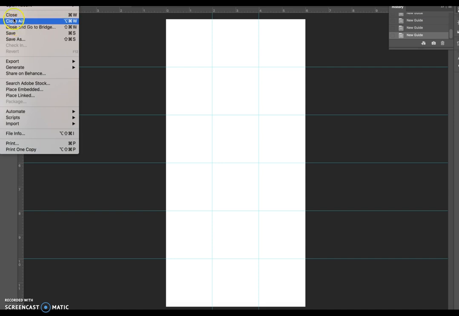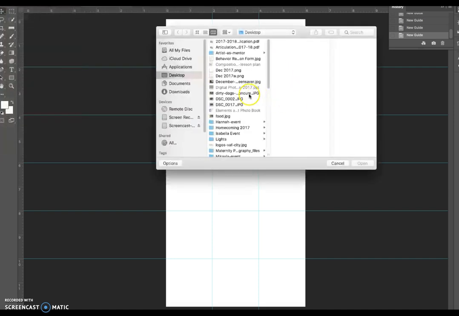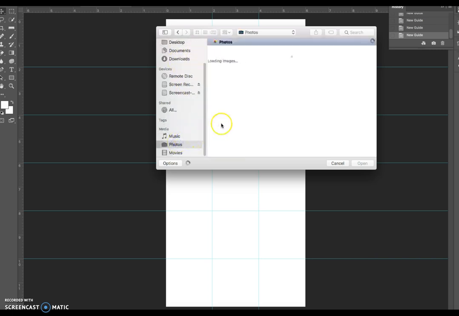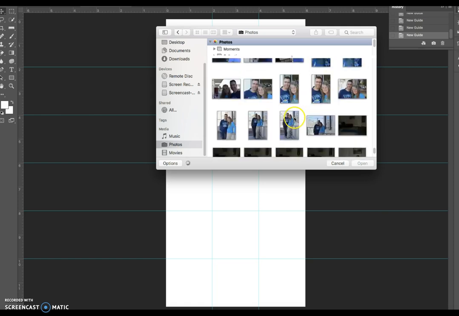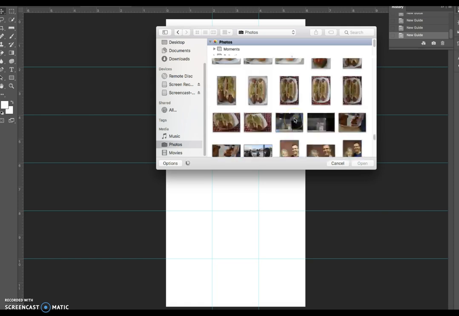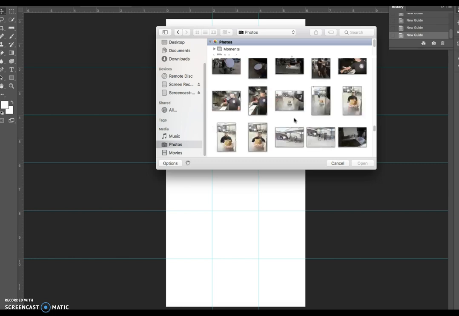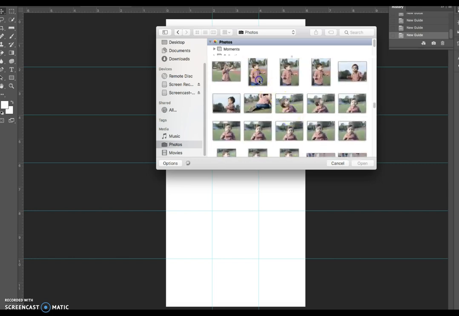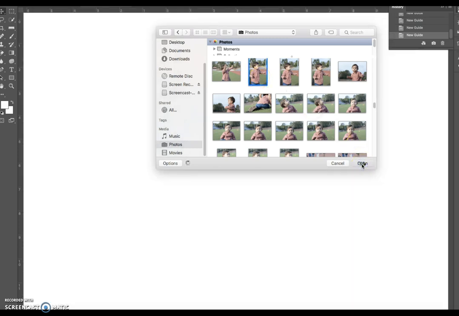The next thing I'm going to do is I'm going to open up one of the pictures in Photoshop that I believe is red. So I'm actually just going to go through my photographs real quick and find something really red. So I'll just choose this. I think it's kind of cute actually. So I'm going to open that,